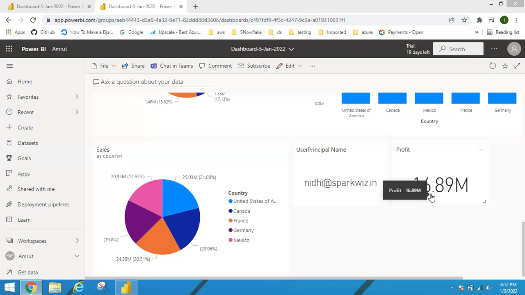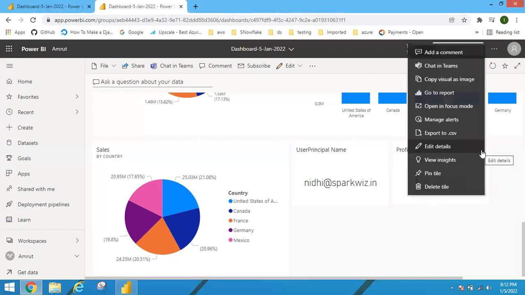Okay. So sometimes this is not possible. So in order to make sure that these updates are passed on to me, I can create an alert. This alert option that I'm talking about is only available for card visual. So for card visual, I can create an alert. For example, I know this value is 16.89 million. So let's say I want to create an alert that when this value reaches 18 million, I should receive an